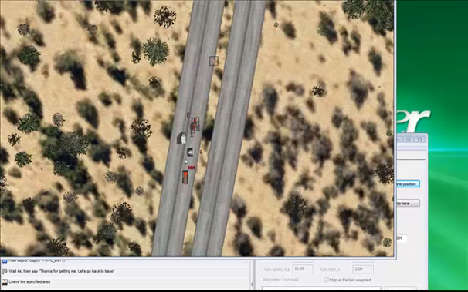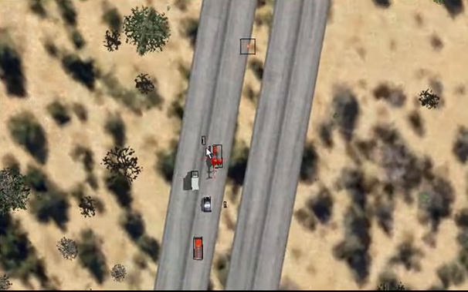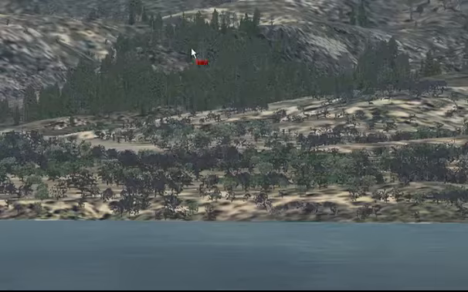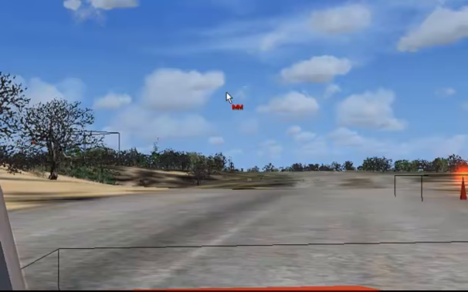Okay, just to save a bit of time, I've already placed a couple of objects here. I've already put an ambulance, police car and a fire truck in position. We've got an injured person, and if we go into here, see, we've got a